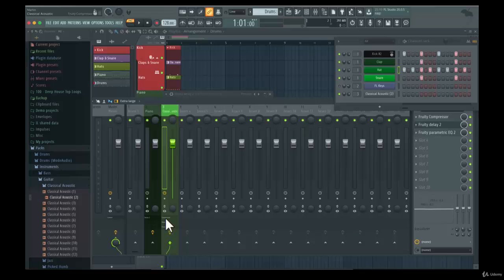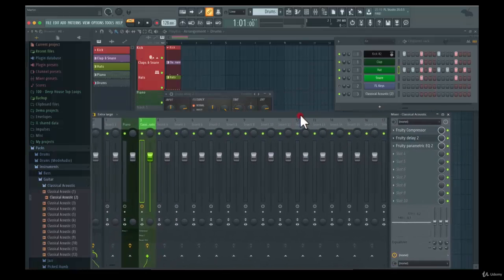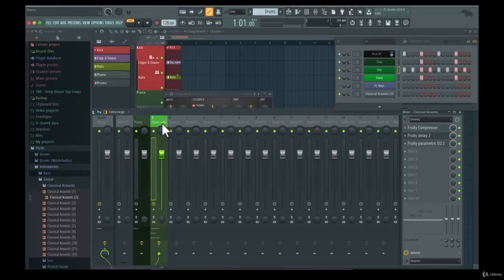And you can also see the different plugins named here in each of the tracks. So you don't necessarily have to go to the right hand side, but they are there anyway. So you can just take a look at the selected track here. But let's say that you're out of focus. Let's say you're somewhere here. You can see that these plugins are set on this track, so you don't have to select that track to